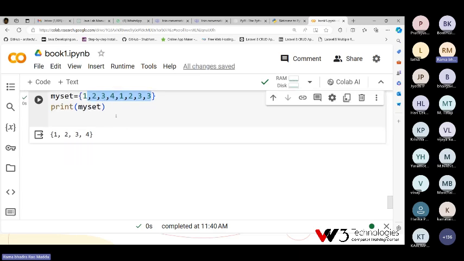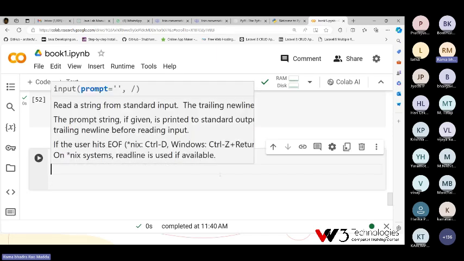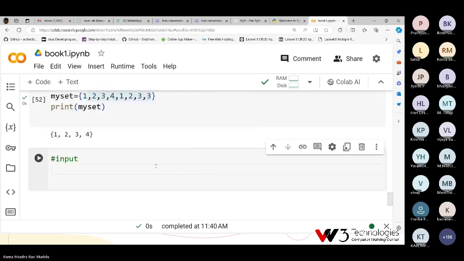Up to now we discussed different data types and their things. Now, how to take input from the keyboard in Python. If you want to read something from the keyboard, you can use the input method. For example, I want to read number 1: num1 equal to input of, and here enter number 1.